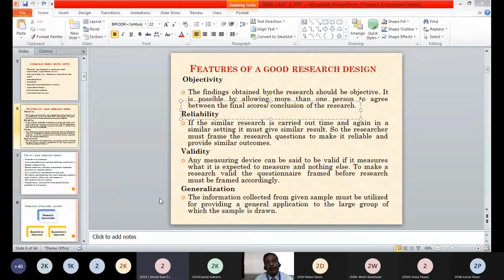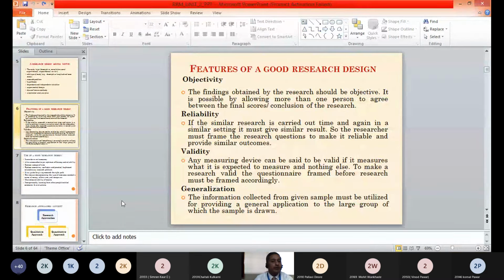So that means a particular research design or research instrument may be reliable, but it may not be valid. It may not be correct, even if it shows the same results every time. Getting the point? Therefore, checking the reliability and validity of an instrument or research design is very important while conducting research. It should be reliable first of all. That means it should produce similar results every time you conduct the same research, and at the same time it should be valid. That means it should measure what it is expected to measure.